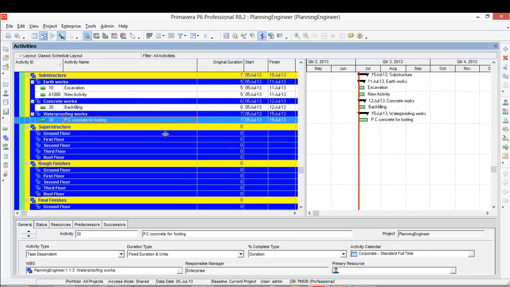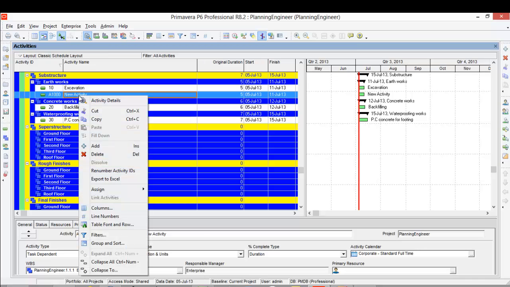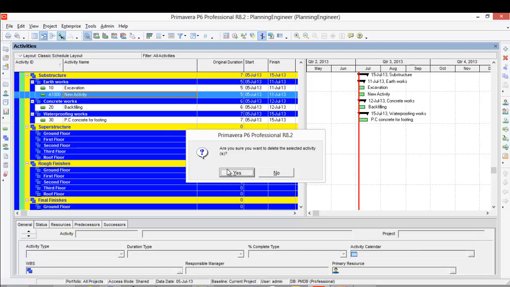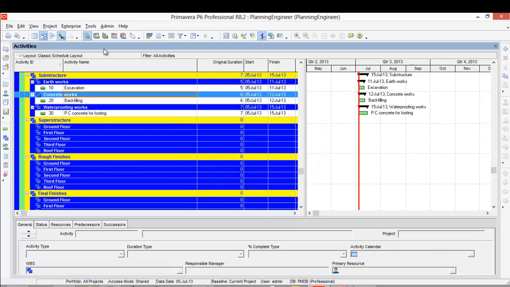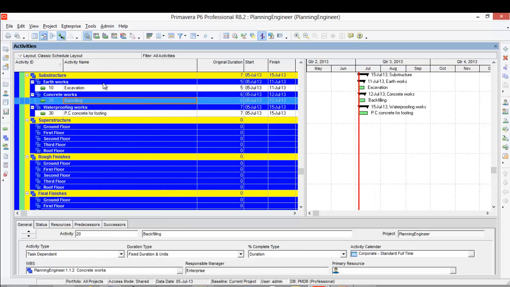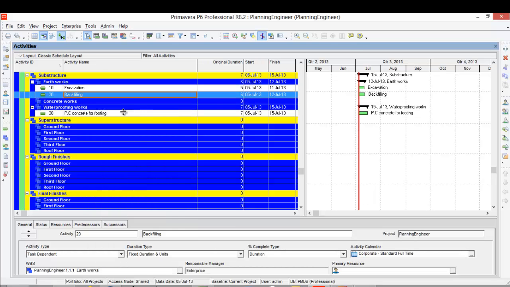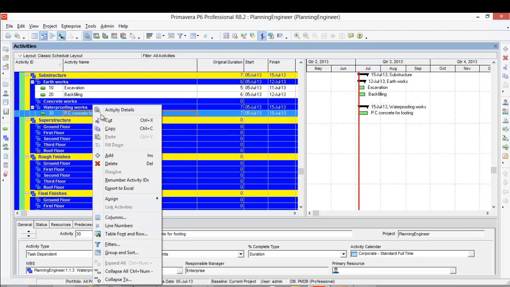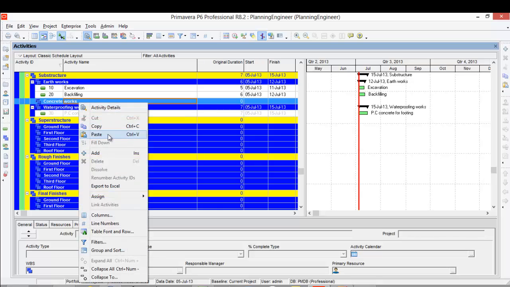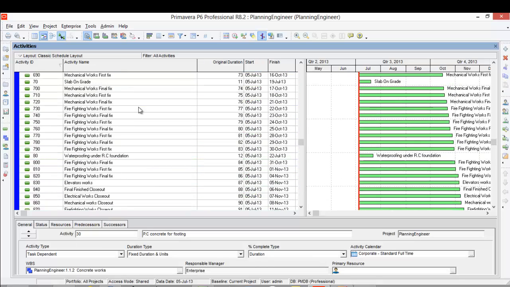Now it's my turn to cut and paste each activity in its correct place. So I'll now delete the new activity. The backfilling is under the earthwork. The BC concrete is under the concrete work.